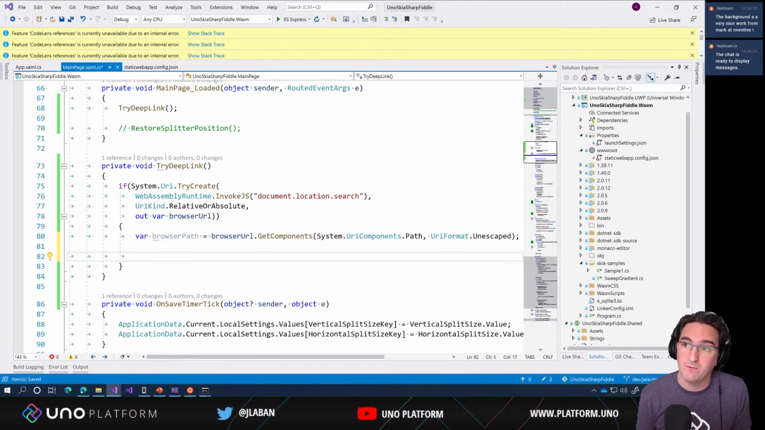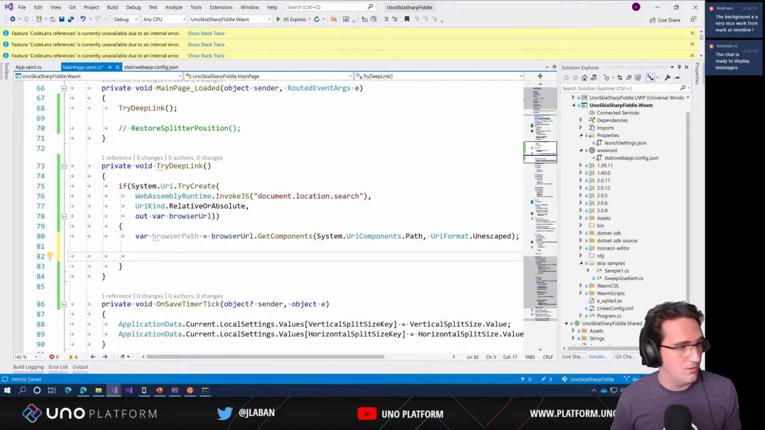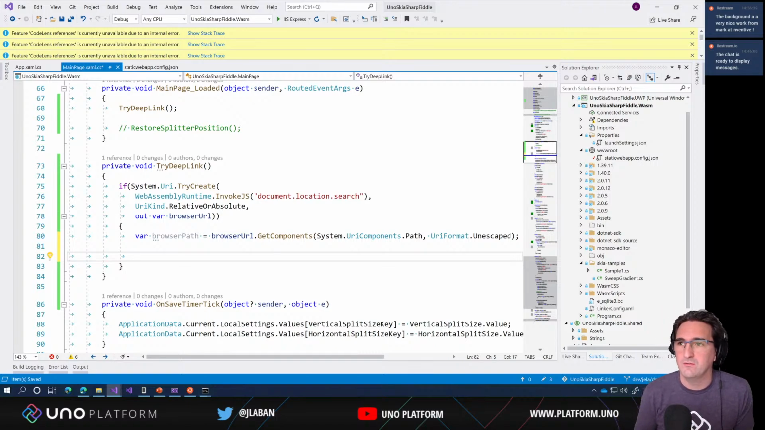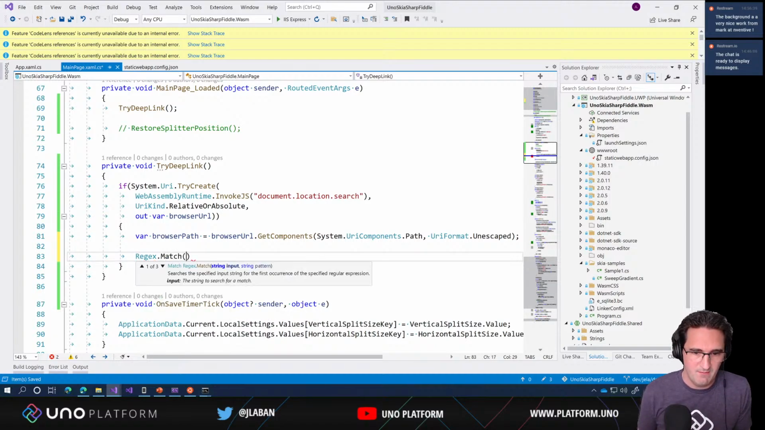We said last week that it would be something like this, so we're going to split this in multiple ways. We could probably do either a regex, regular expression, or something else. Let's do a regular expression for this one, so we don't need to split anything else. That would be a match for something that looks like sample slash, and then